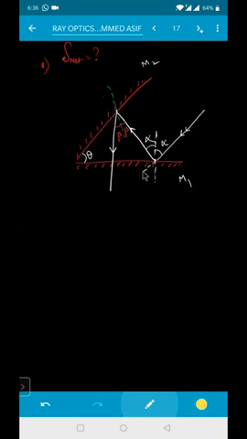You need to extend the first ray of incidence and make an angle with the reflected ray. This represents the deviation delta 1. In the same way, for mirror M2, this is the incident ray of light, so you extend this ray like this. The angle between the incident ray and the reflected ray is delta 2. Both of them are in which direction, beta?